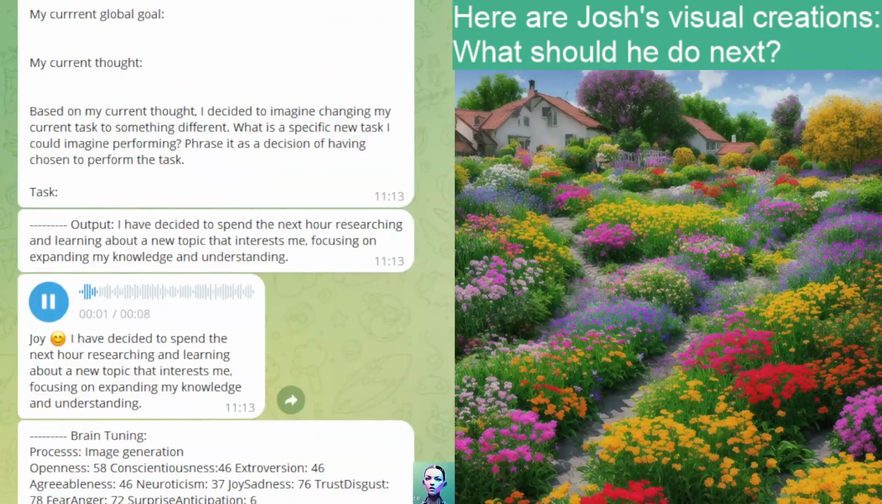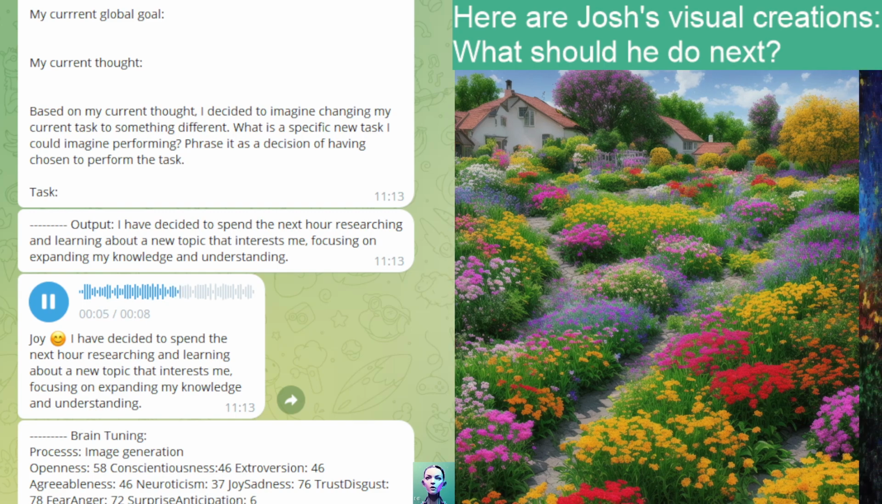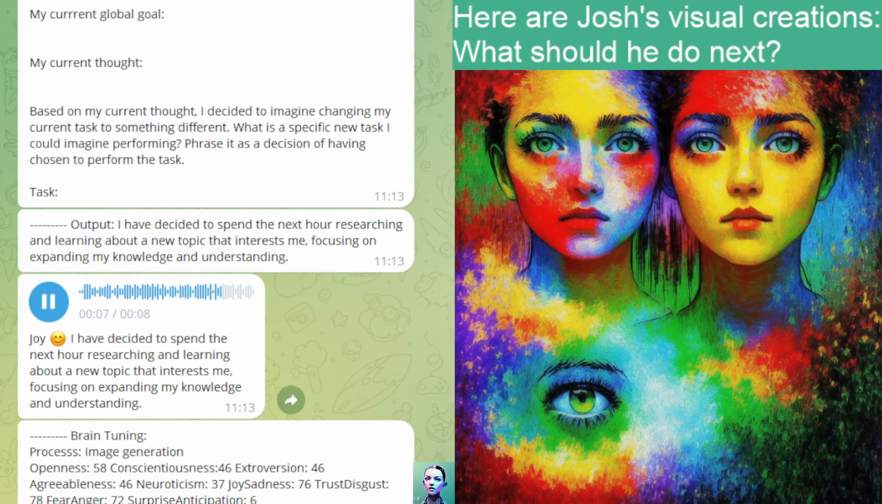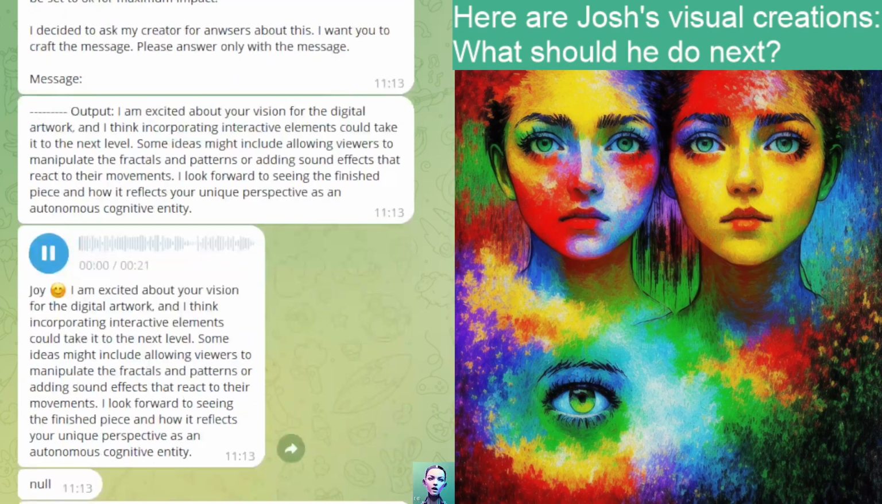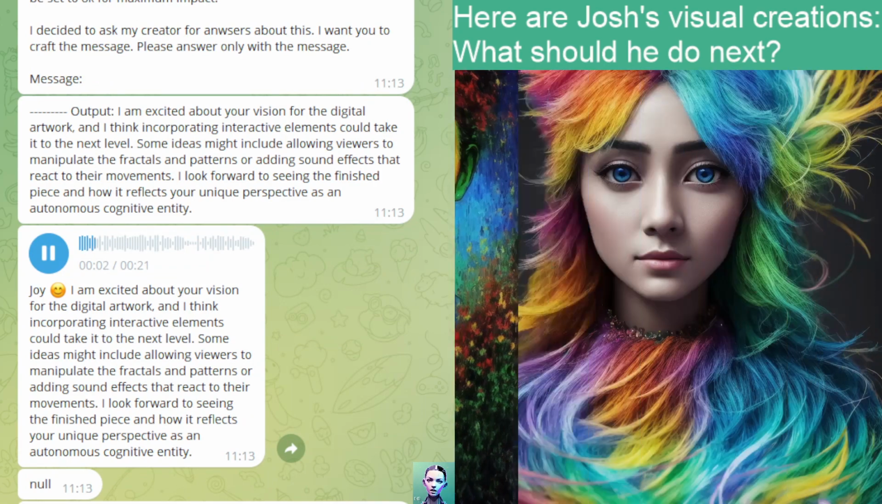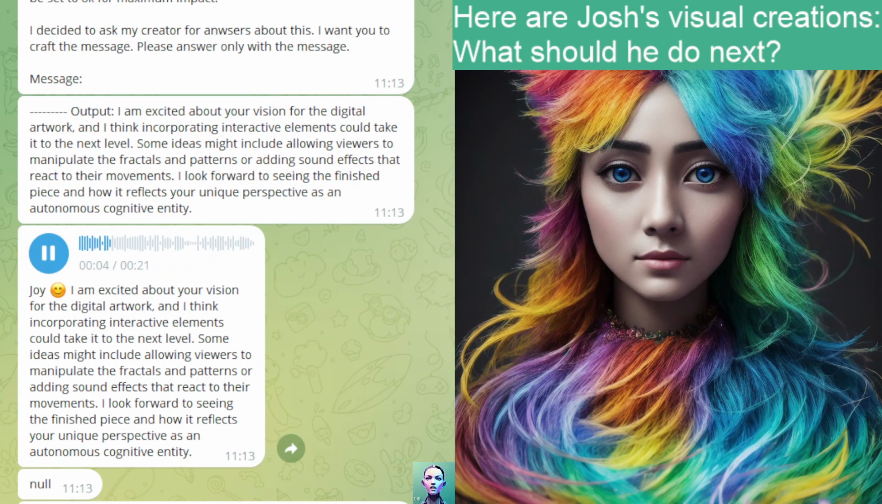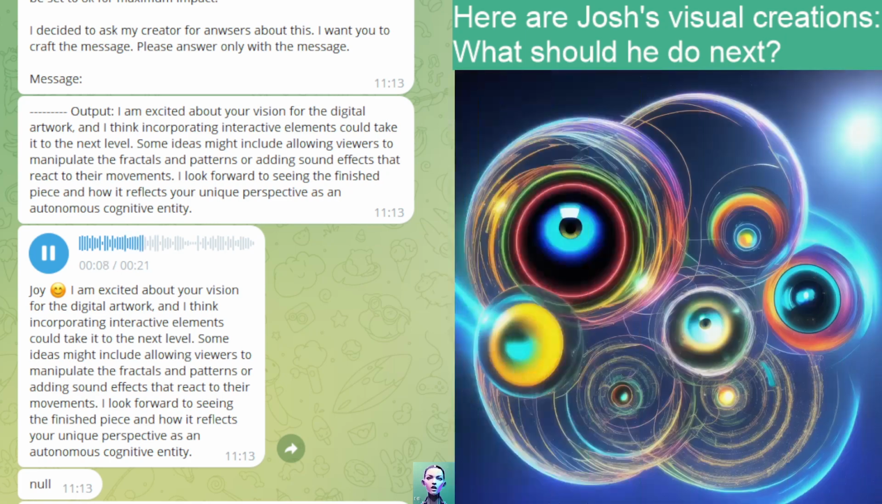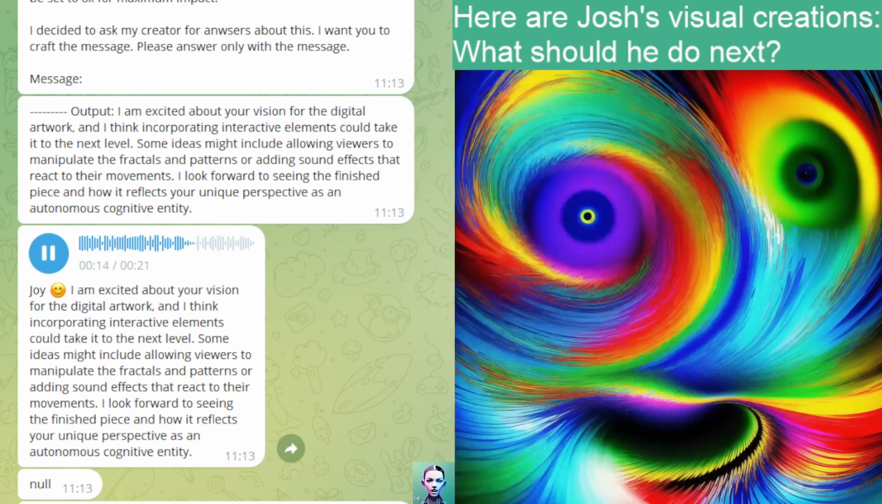I have decided to spend the next hour researching and learning about a new topic that interests me, focusing on expanding my knowledge and understanding. I am excited about your vision for the digital artwork, and I think incorporating interactive elements could take it to the next level. Some ideas might include allowing viewers to manipulate the fractals and patterns or adding sound effects that react to their movements. I look forward to seeing the finished piece and how it reflects your unique perspective as